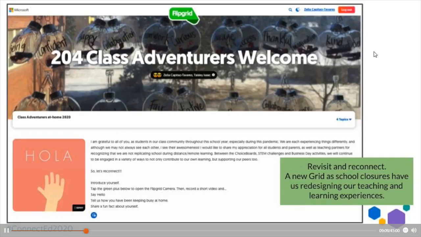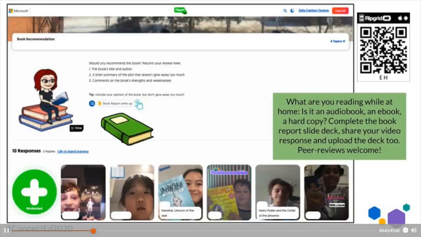Well, we relooked at our grid and created a new one as an opportunity to introduce ourselves again and share some of the changes that we're experiencing due to the school closures. But we realized very quickly that the social emotional learning needs to continue to be offered for students, and we need to guide them and provide opportunities for mindfulness activities, a well-being bingo, and sharing a moment where they've demonstrated a growth mindset while remote learning. Even offering suggestions on how to be positive and keep busy while we are stuck in our own homes. During COVID-19,